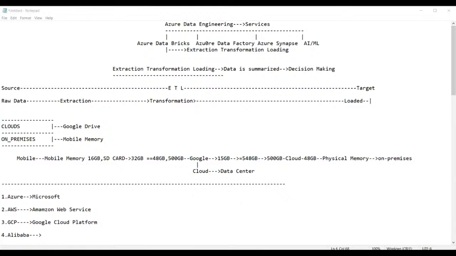Sir, are you explaining the deployment process? Yes, of course, we will see the deployment process. This is all a technical subject. So ADF is also there, right? ADF and ADB. Deployment process is required, and after that, finally, classes are over. Is there any combined batch for both Databricks and Data Factory?